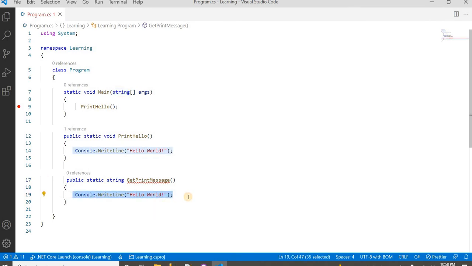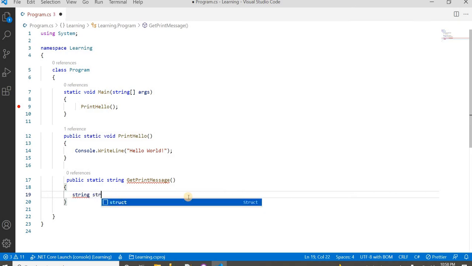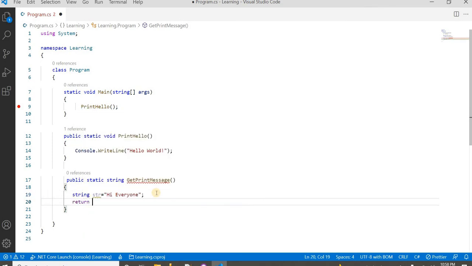Let's say there is a string variable, string str is equal to "hi everyone", and we need to return str. This will be a little bit confusing in the starting, but you need to focus on it to understand it more.